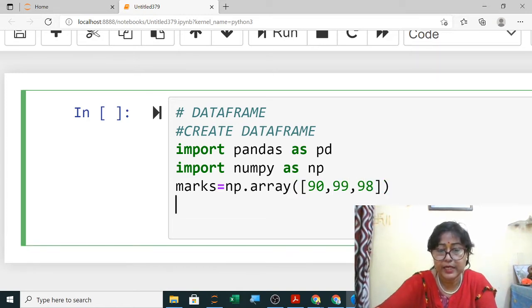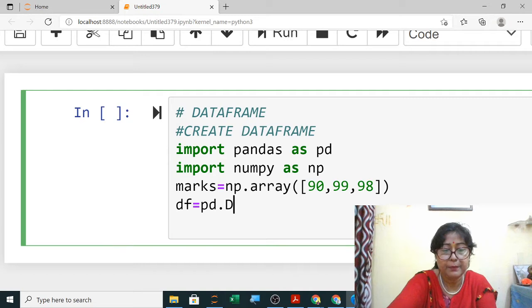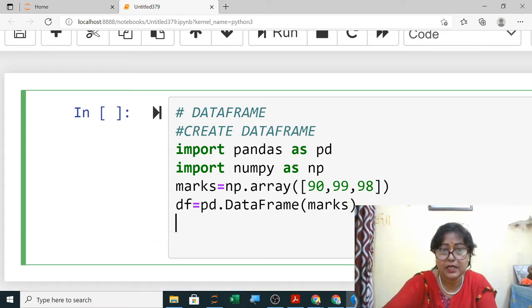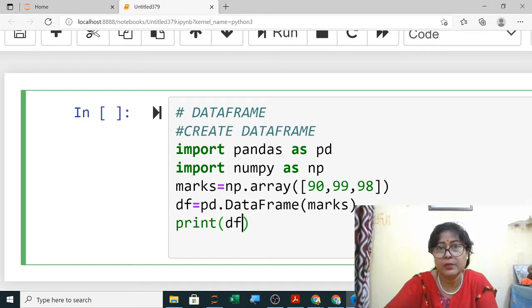Now to create the data frame, we will write here pd dot DataFrame, D capital, F capital, and then we will write the name of the array I have given is marks. So it is created. Now we will print here, print df.